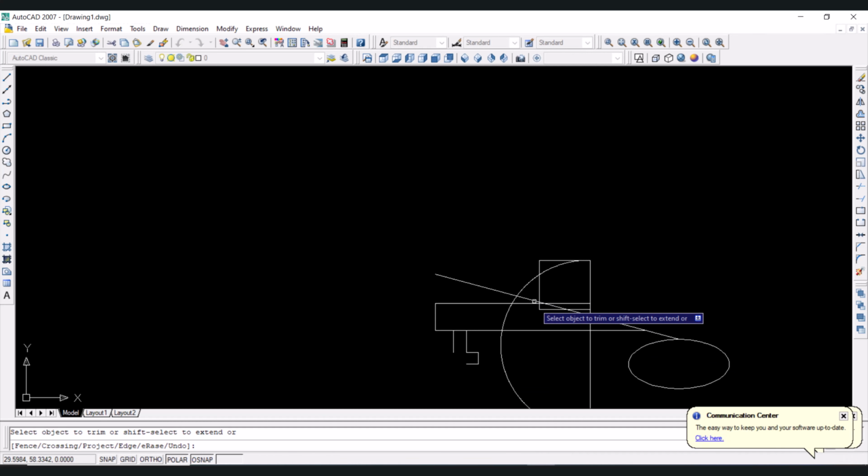So this was all about the extend and trim command. We can use one inside the other, and we can also use them separately. So this was the trim and extend command. This icon is for the trim command, and this one is for the extend command, right? So the procedure is the same, the concept is opposite to each other. Now the next command is